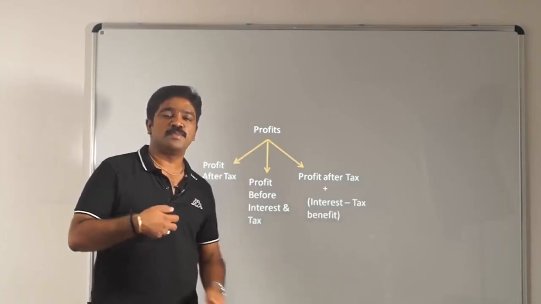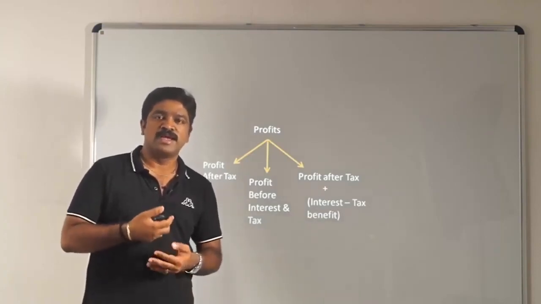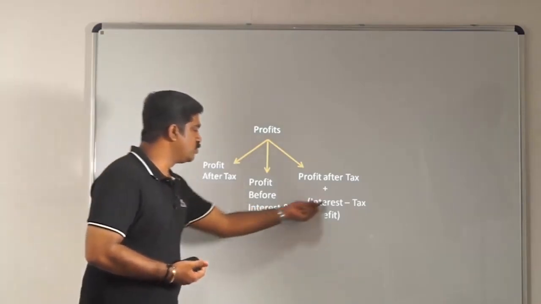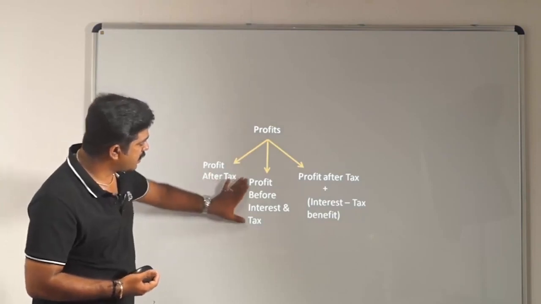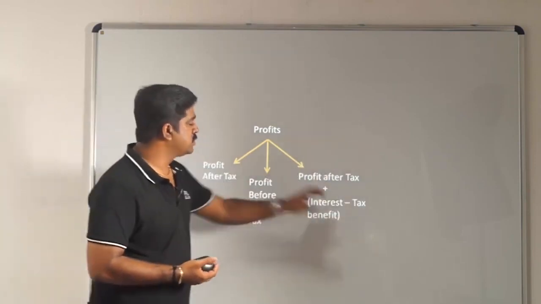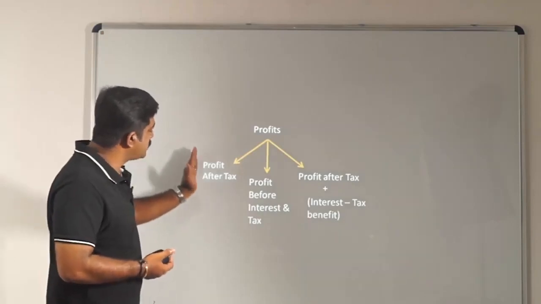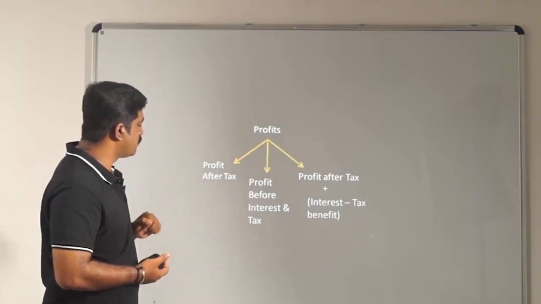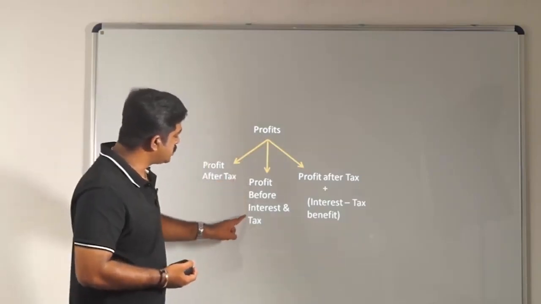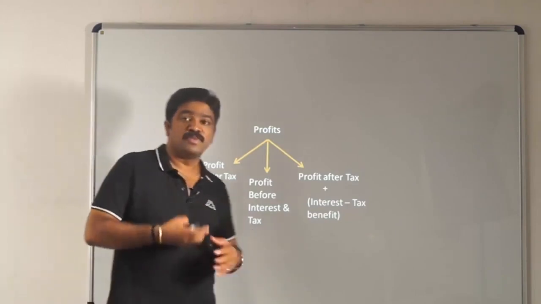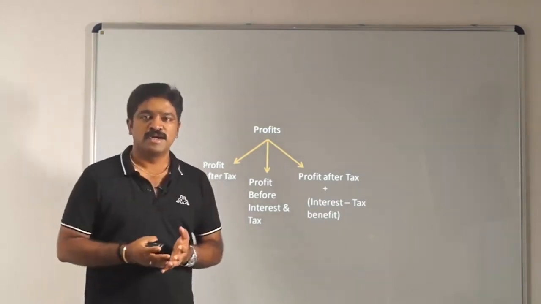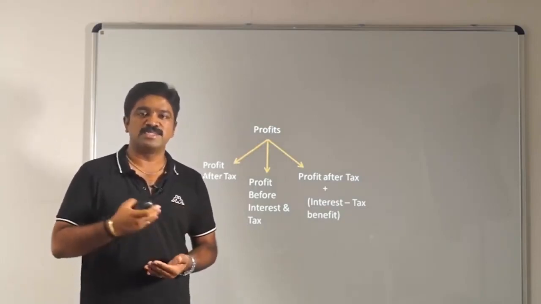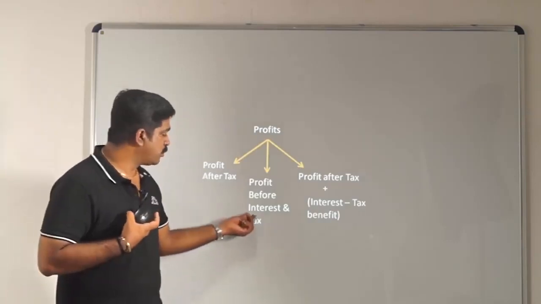Okay, so it depends upon the context, it depends upon the expectation of the reader of the ratio, which profit he should use. It can be profit after tax, or it can be profit before interest and tax, or it can be this one. Now, profit after tax will be taken as a base only when the return is calculated from the shareholders' point of view. Profit before interest and tax will be taken when the return is looked at from the overall investors' point of view, that is both shareholders and lenders, because lenders will be expecting interest, so we are taking profit before